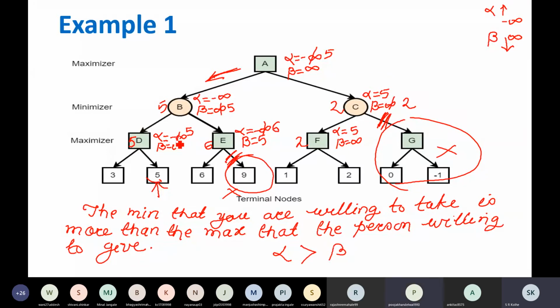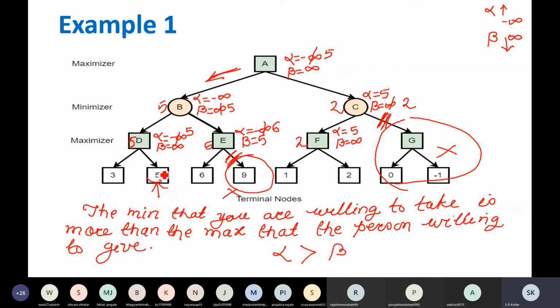Yes, sir. Then by DFS again it will move to the second node. So that node will be evaluated. Suppose the value has come out 5. Now 5 is better than 3.